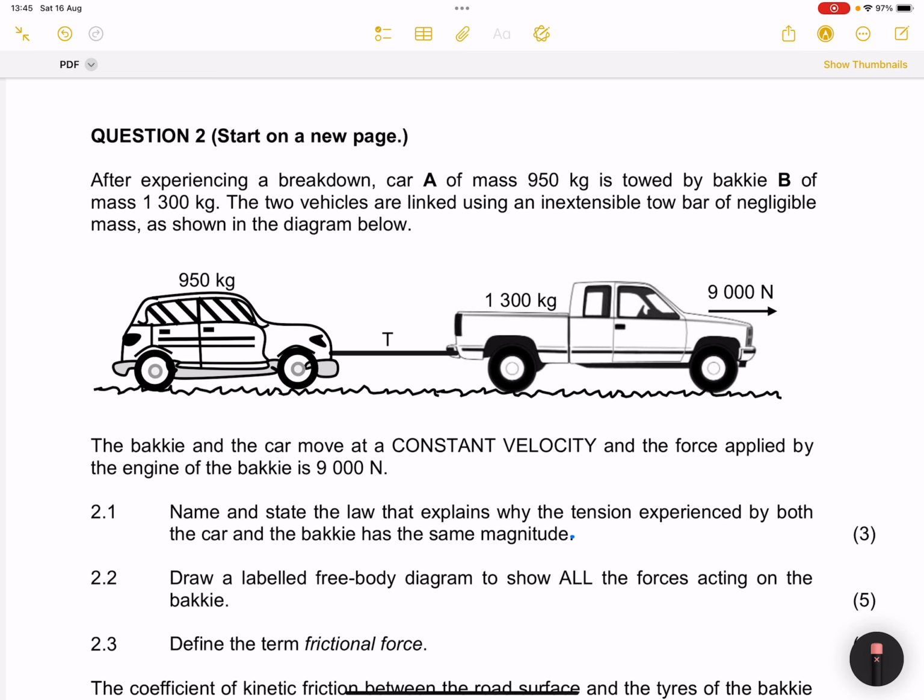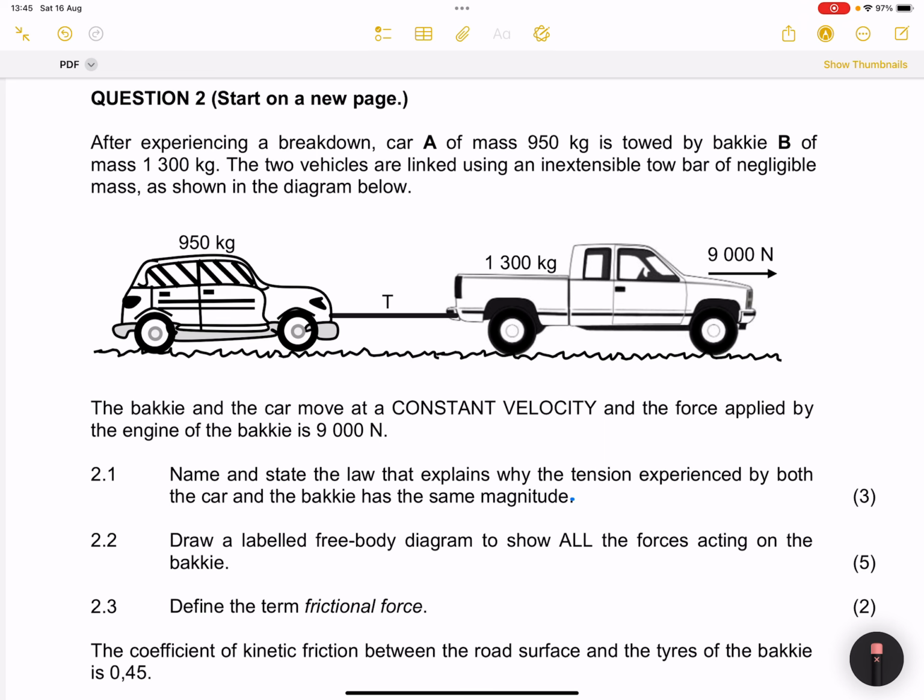All right, and we are going to be continuing with this. Let's get into question 2. So they say, after experiencing a breakdown, car A of mass 950 kilograms is towed by Bucky B of mass 1,300 kilograms. The two vehicles are linked using an inextensible